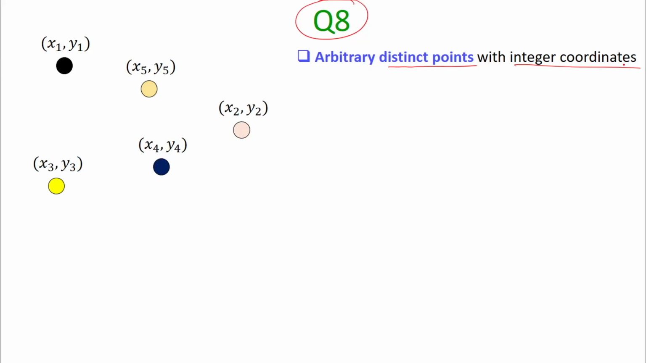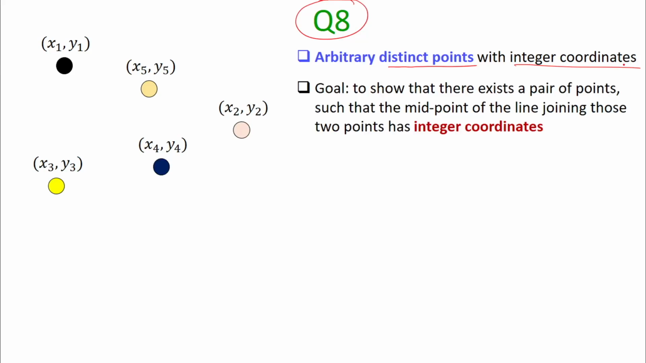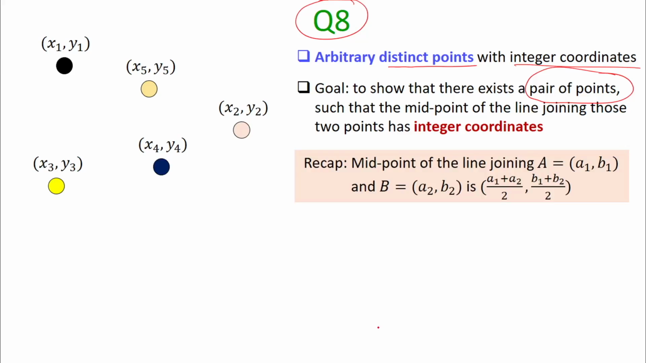So I'm denoting the points, their respective coordinates, as x1 y1, x2 y2, x3 y3, x4 y4, and x5 y5. And our goal is to show that irrespective of the way these 5 points are chosen arbitrarily, there always exists a pair of points such that if you consider the midpoint of the line joining those 2 points, it has integer coordinates. So just to recap, if you have 2 points, a point with coordinates a1 comma b1 and another